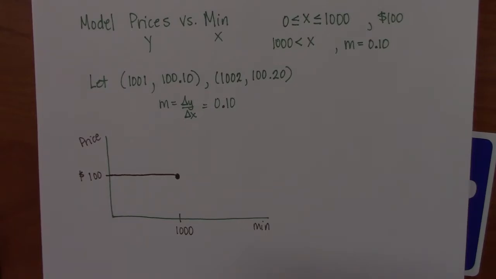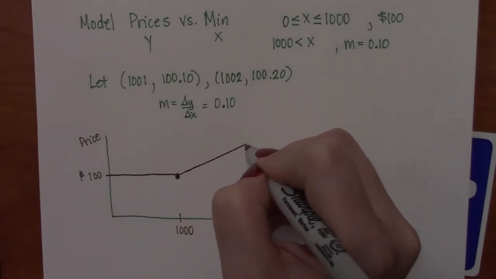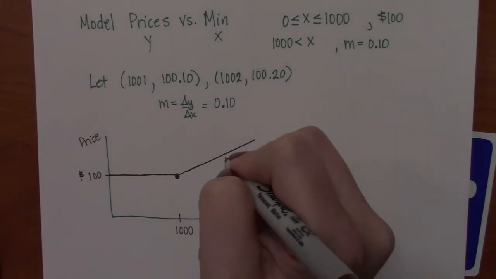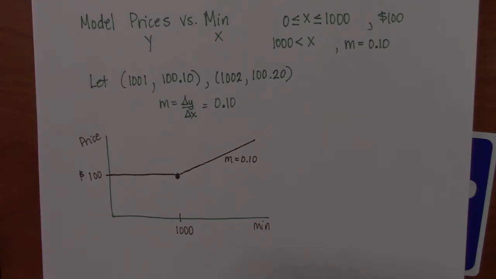So anywhere in there, it's a flat $100. But then it starts climbing. And this line, I drew it, it's actually even shallower than that, but just so we can see it. We see that the slope is 0.1,